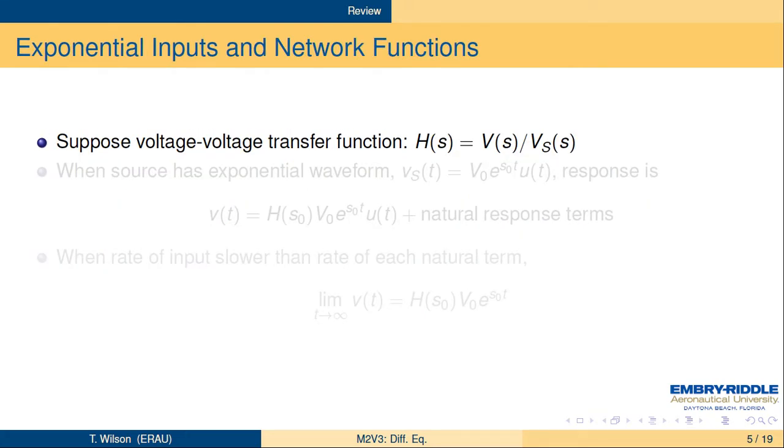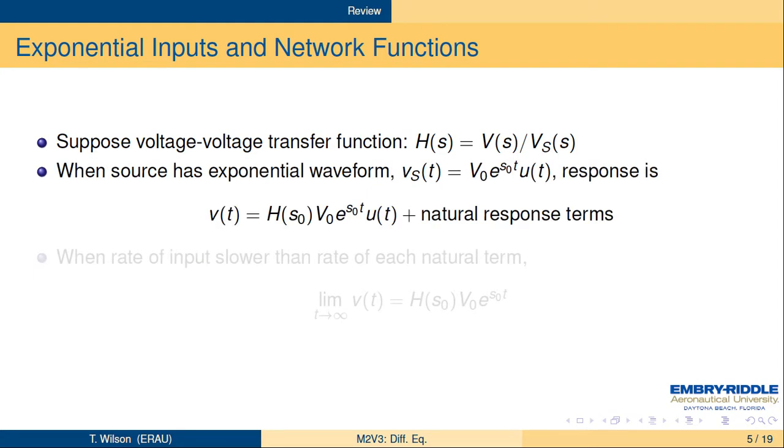So we've also seen that if you have, say, a voltage to voltage transfer function, so V of S is the output, V sub S of S is the input, and if little v s of t, the input waveform, is actually an exponential. In this case, it's got a rate s0, but we've seen that s0 could be real, so you have decaying exponentials when it's negative, you have growing exponentials when it's positive. It could be zero, which means you have a constant waveform for t greater than zero, or it could be imaginary, where you have cosine plus j sine, and we saw how you can build cosine and sine out of cosine plus j sine. So exponential waveforms cover a wide variety of waveforms,